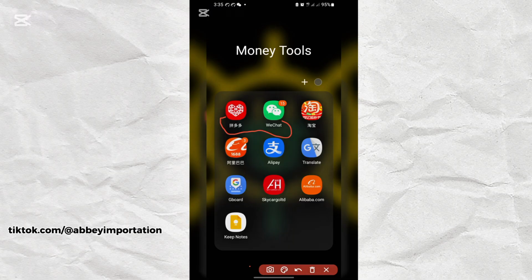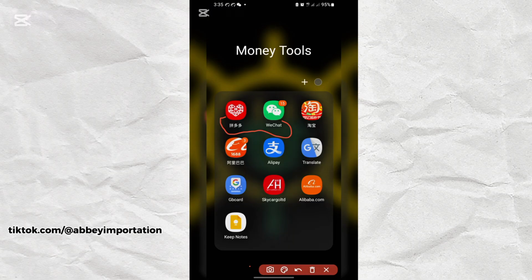But for other accounts, you don't need WeChat to access them. Pinduoduo is not really like 1688 that people can just go to Play Store, download and register. Pinduoduo is very native, so you need WeChat to be able to